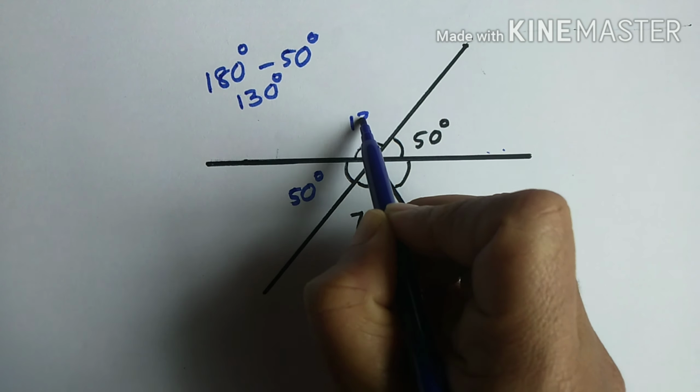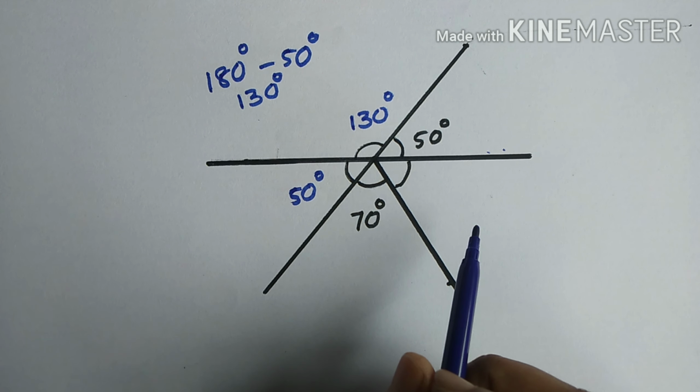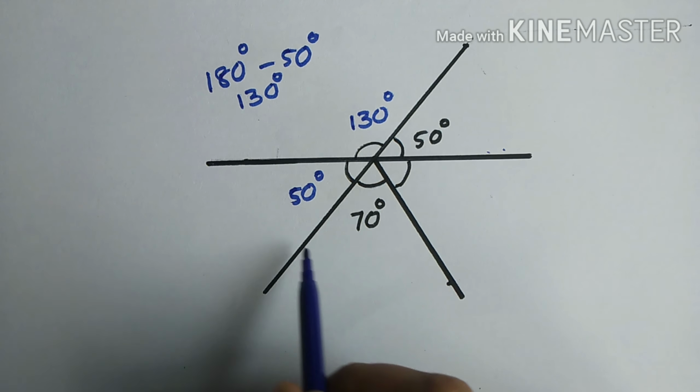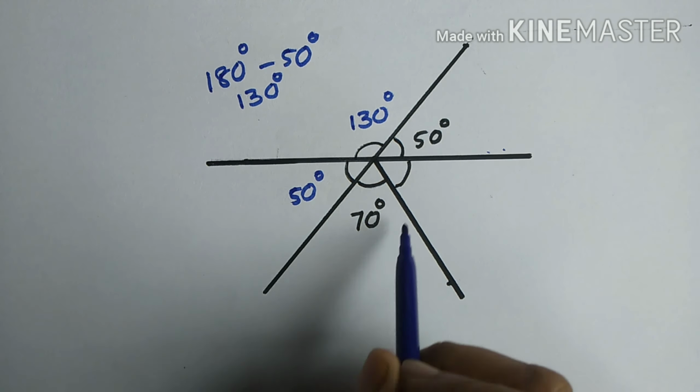Now coming to this angle, see these three angles are in a straight line. So sum of these three angles is 180 degree. So we will get this angle by subtracting these two angles from 180 degree. So let us add these two angles first. 50 degree plus 70 degree. Answer is 120 degree. So we have to subtract this angle, this plus this, from 180 degree. So 180 degree minus 120 degree. Answer is 60 degree. So this angle is 60 degree.